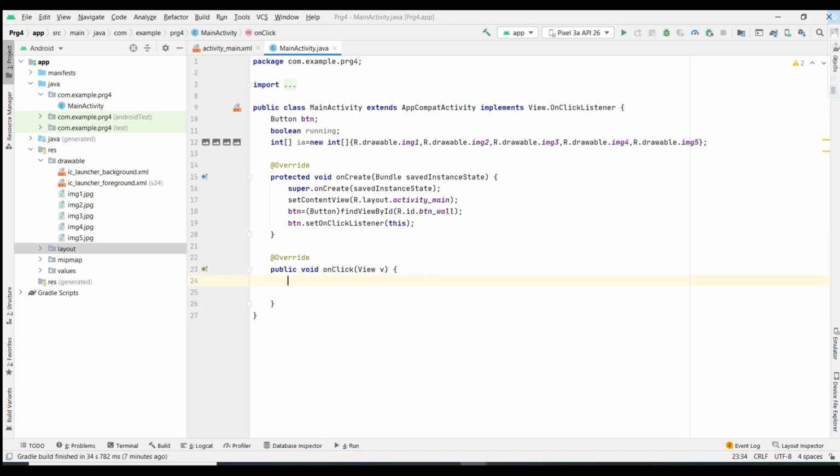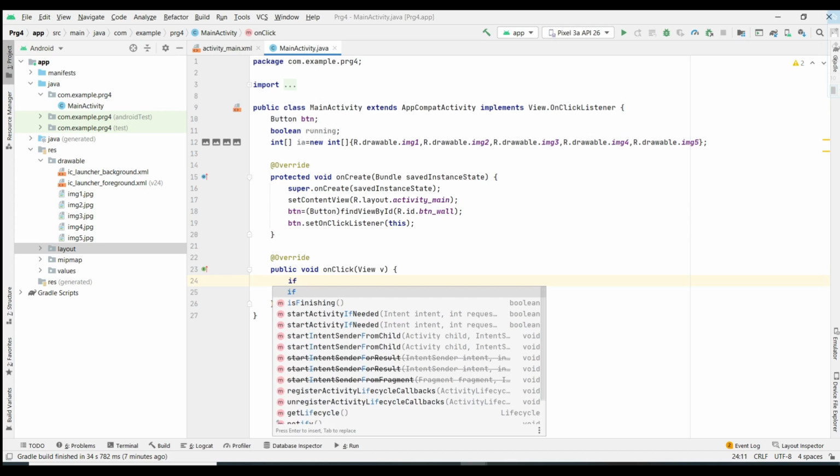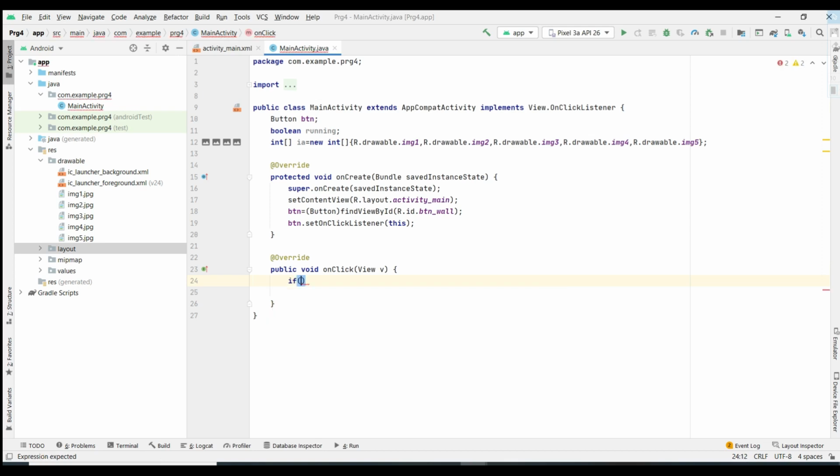Just enter into the onClick method, and I need to check whether it is in a running state or not. That is what I need to write. So I'm going to write the false condition first: if the application is not in a running state, what needs to happen?